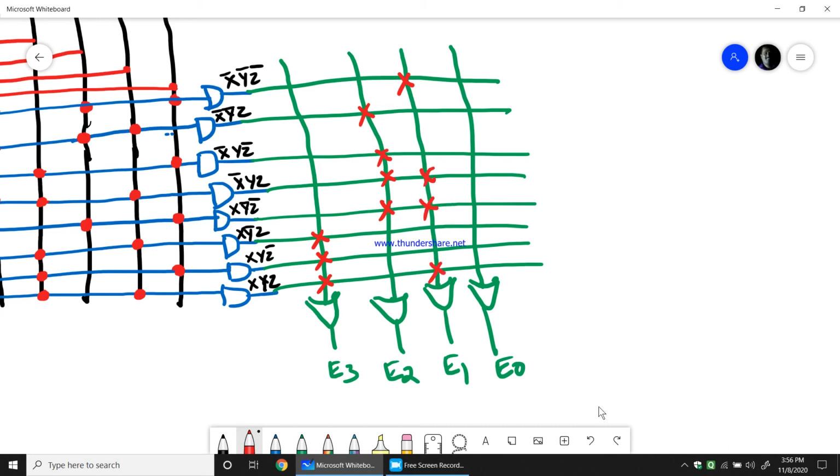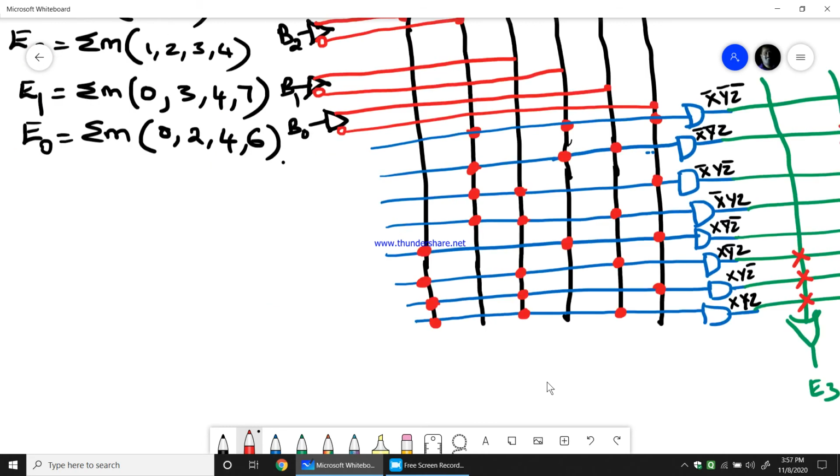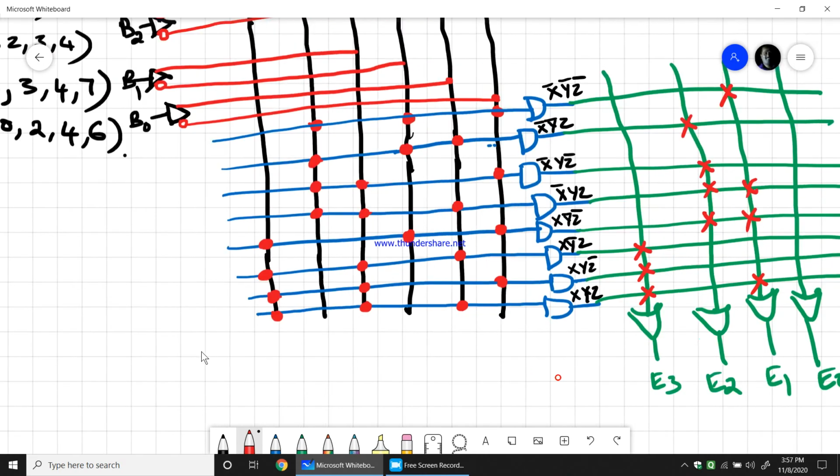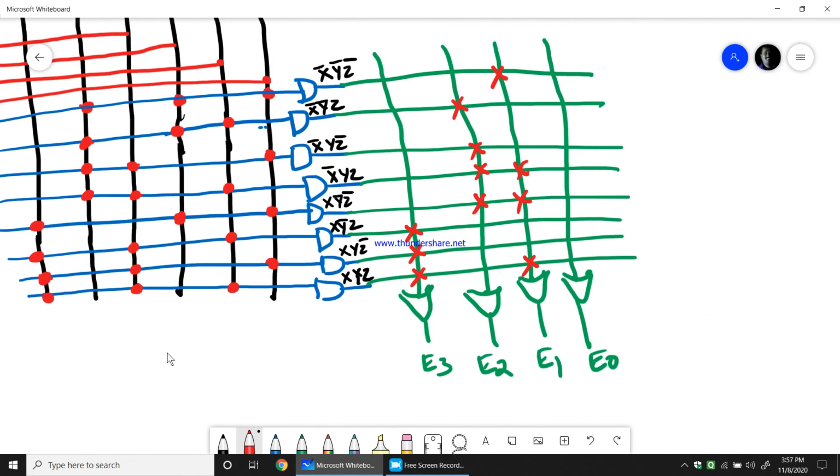Finally, I have E0, where the E0 function is 0, 2, 4, 6. Now, this is the PROM design for 3-bit binary to XS3 code.